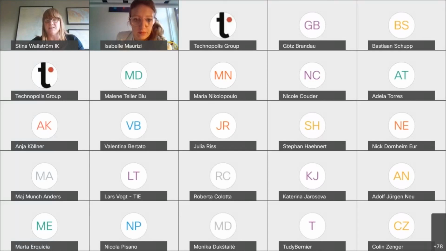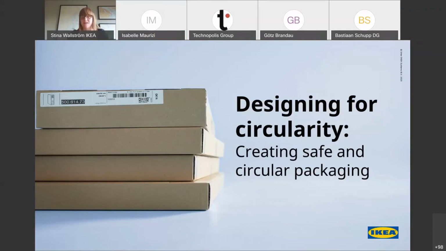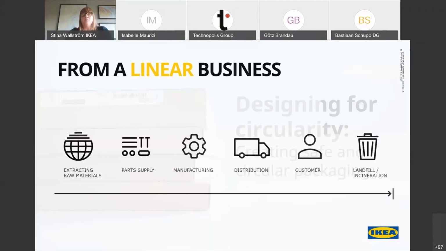And I will basically say the same thing as the previous speaker, which is always a good thing to hear, that the industry needs the same, even if we are in different parts of the value chain and sell different products, because that makes it easier for us to achieve it. So I will start briefly by explaining how IKEA looks on circularity, but bear with me, I will be focusing on packaging very shortly. But the way we have been conducting our business up until today is this.